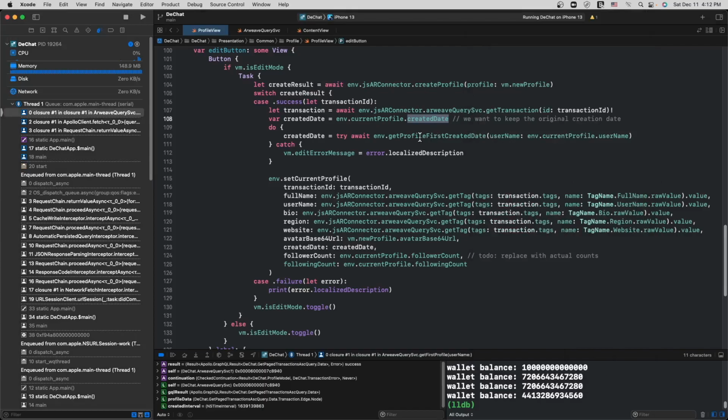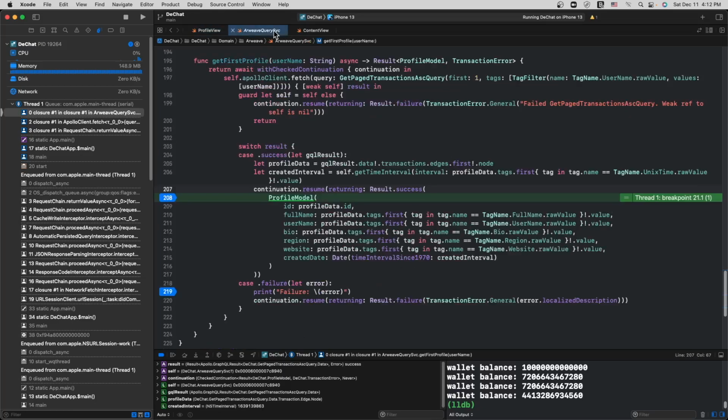So that's why I'm subsequently calling this function in order to go back and sort the data and get back the very first post that was ever done as per this username, right? Which is what we have here.